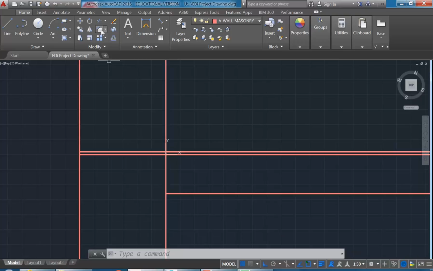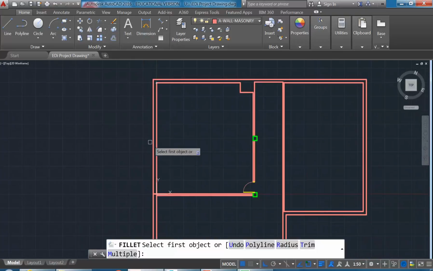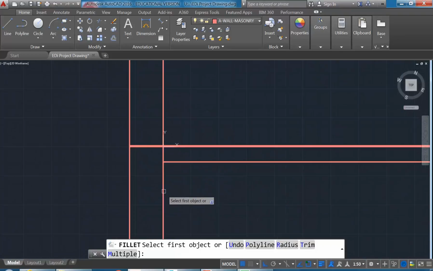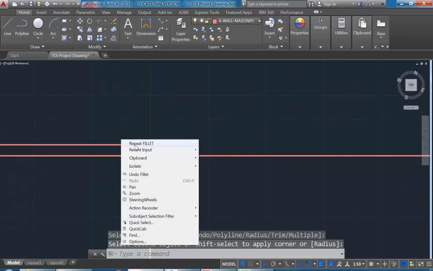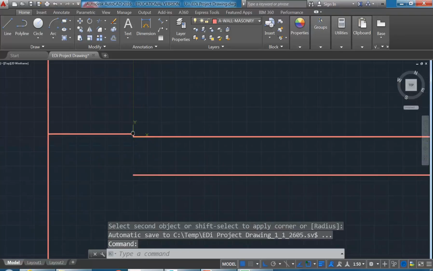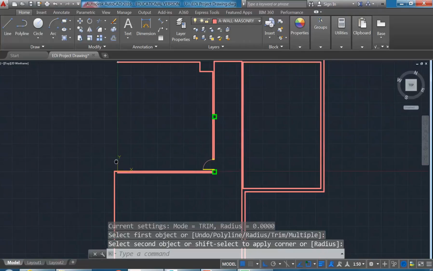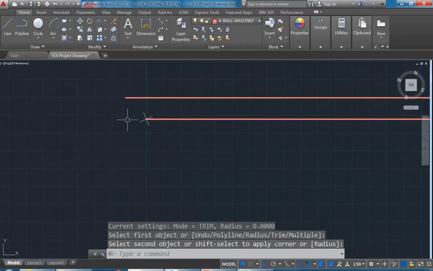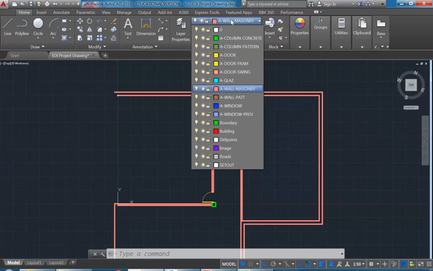And I'm going to do something you might be surprised by here. I'm going to fillet it. I'll just fillet these and then we can draw some more lines in. So I'm going to fillet these lines together. Okay, so I've lost the lines coming back to the point I started at. I've done that on purpose because now I want to use my